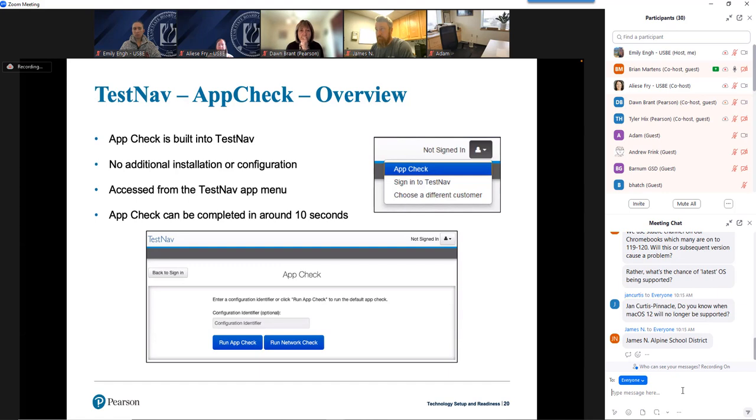It will actually try to download a handful of different item types from our testing servers, simply to see if those item types have been blocked by firewalls or content filters. It's not a perfect test for that because firewalls and content filters are so complex, but we're trying to hit all the major things to see if we can identify any issues right up front that might need to be addressed, so that you have time to contact us and work through them, so that when it's time to do the real tests, everything goes smoothly.